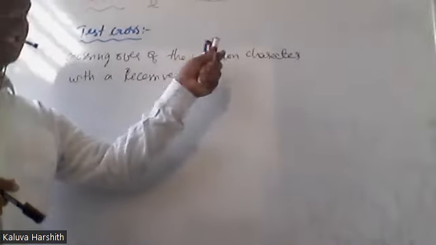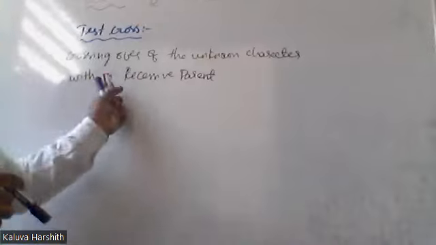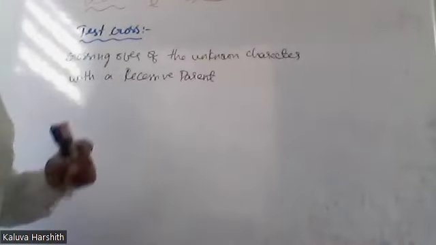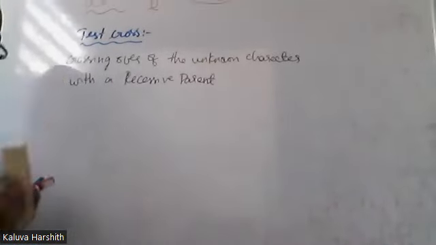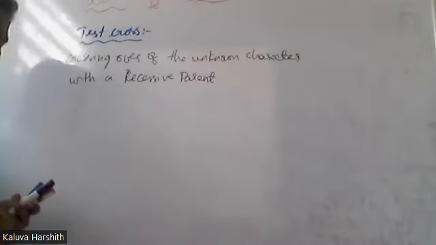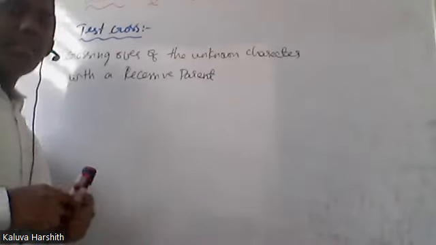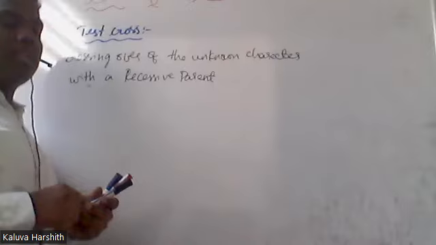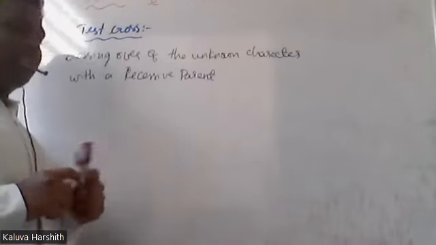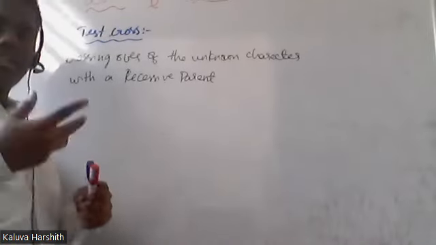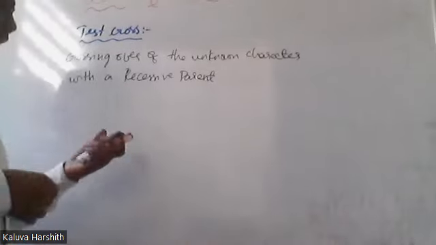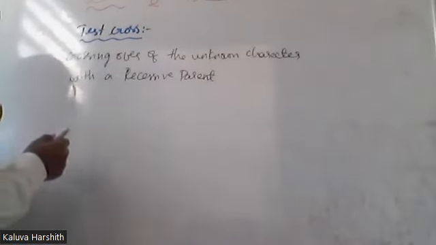Crossing over of the unknown character with a recessive parent. Okay, how will you get this? If you see in NCERT, 12th class, he has given the example of flower color to explain test cross. Okay, we will take some other character. Why only flower? I am taking, suppose,